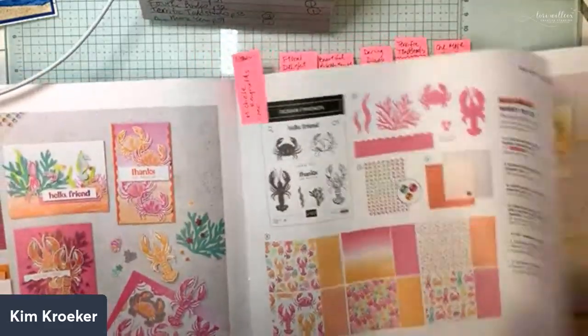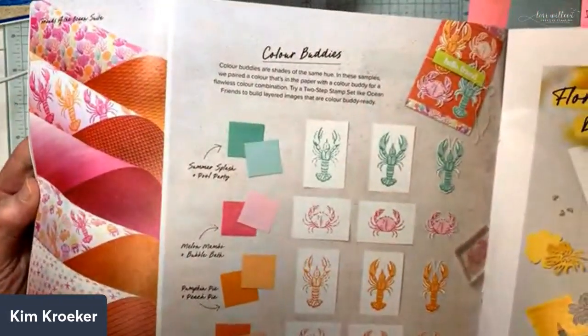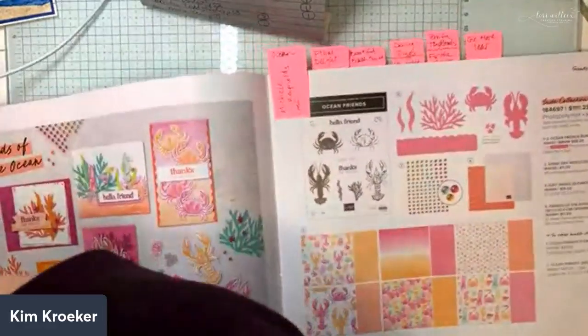So these were cards that I made with the swap. It shows you on the back too some more of a close-up of the papers, which are gorgeous, and then some color buddies suggesting some colors that you could use for the two-step stamping for the crabs and the lobster. So the cards that I made with these